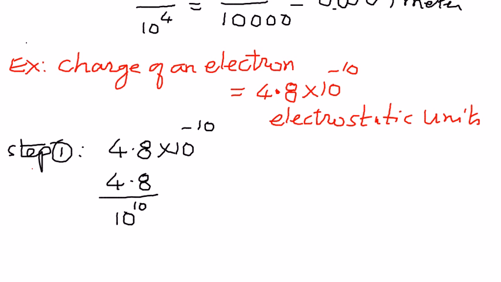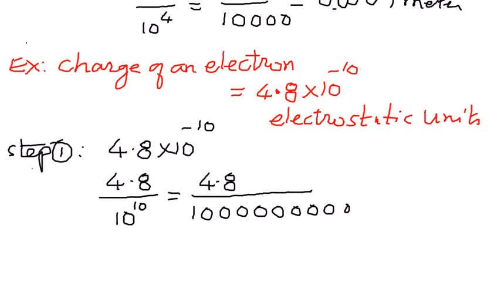We have expressed a negative exponent as a positive exponent by bringing it down to the denominator, and 10 to the power of 10 is 1 followed by 10 zeros. 1, 2, 3, 4, 5, 6, 7, 8, 9, 10 zeros. Therefore, we can express this as follows: